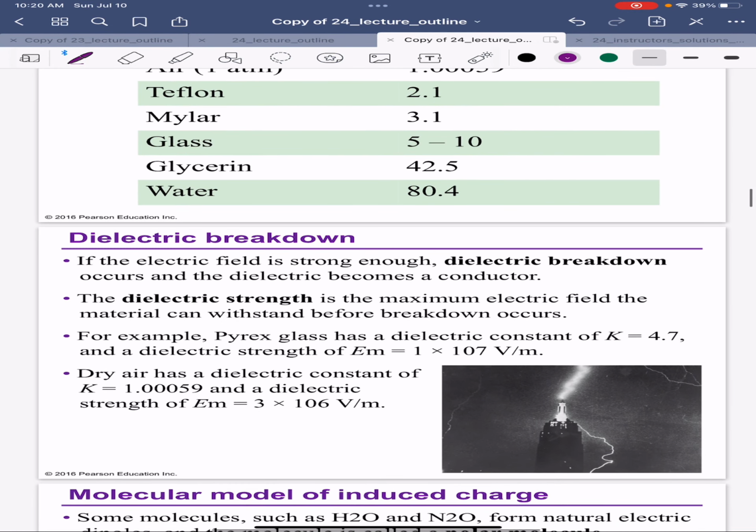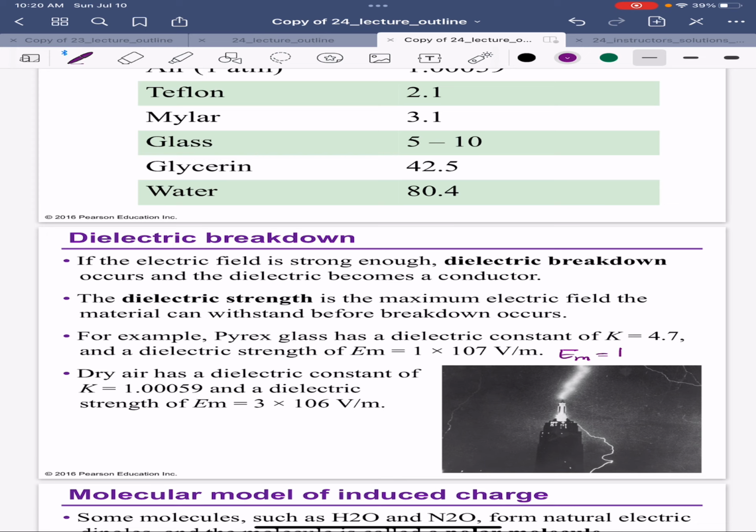Of course, if the electric field is strong enough, electric breakdown occurs and the dielectric becomes a conductor, and the dielectric strength is the maximum electric field the material can withstand before breakdown occurs. Then there is a maximum electric field. For example, here we are using Pyrex glass, which has a dielectric constant of 4.7 and a dielectric strength, E maximum, EM,